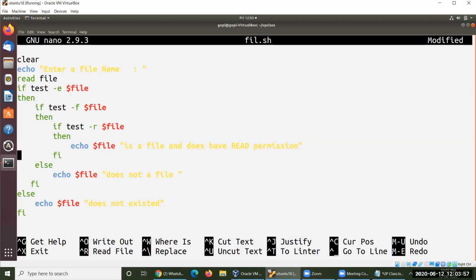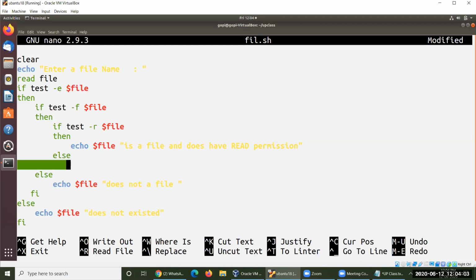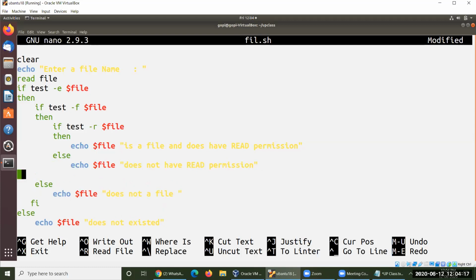You please display something here also. So else, you please specify else. So echo $file does not have read permission. Okay, maybe please display this particular thing, based on whatever interest you may have. FI.